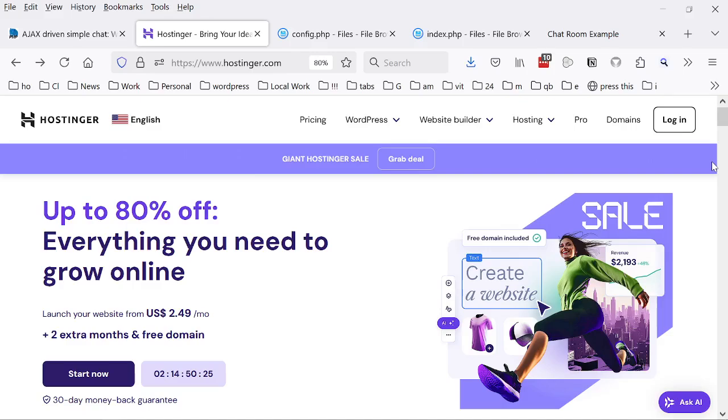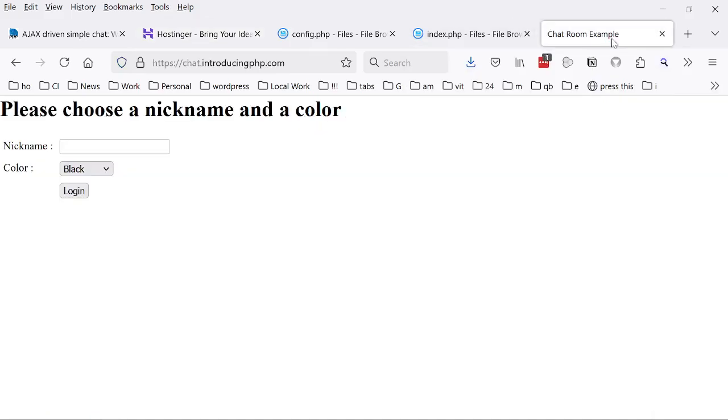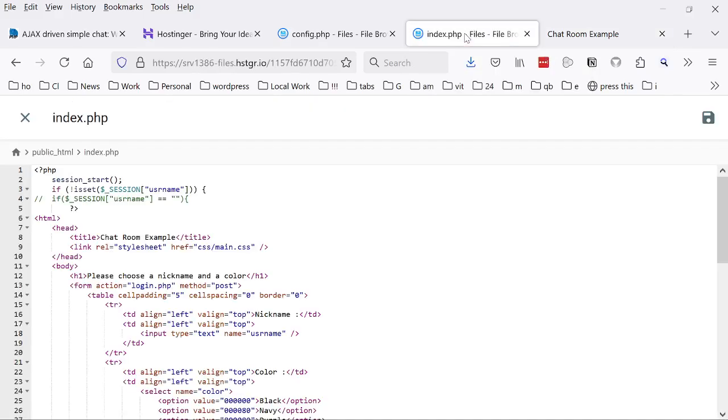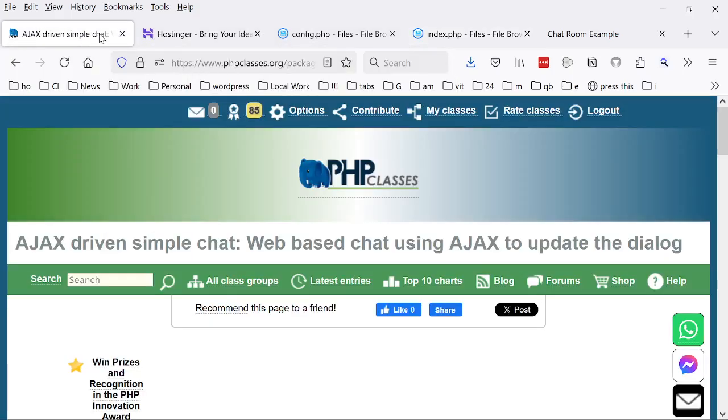Anyways, this is what our end product is going to be. We type in our name, choose a color for our content, and click login, and that gets us into the chat room. How this came to be is I went to